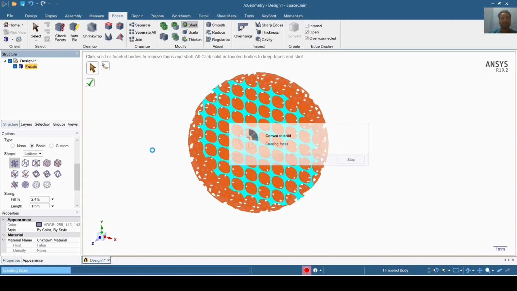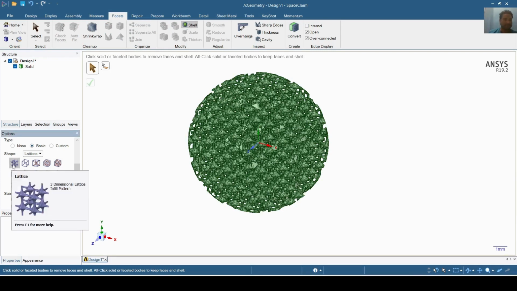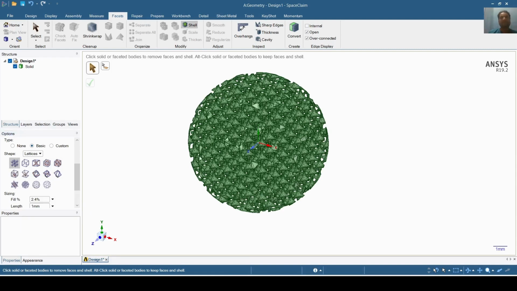It will take less than a minute to complete. It is still working on it. Yes. Now you can see that this lattice structure pattern has been made in the form of a sphere